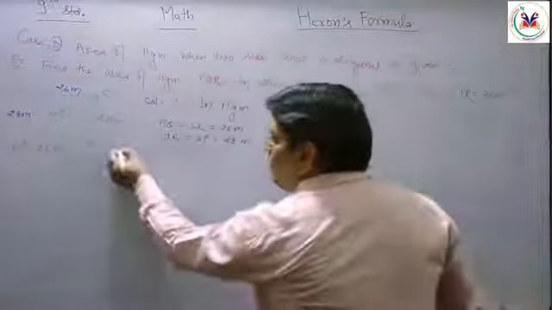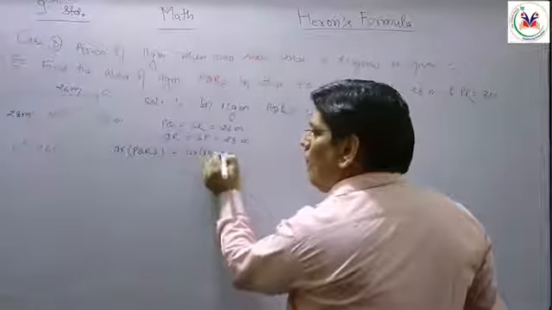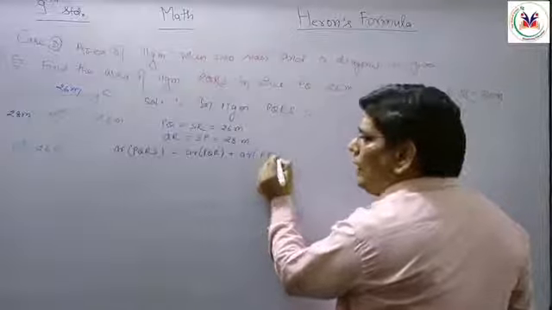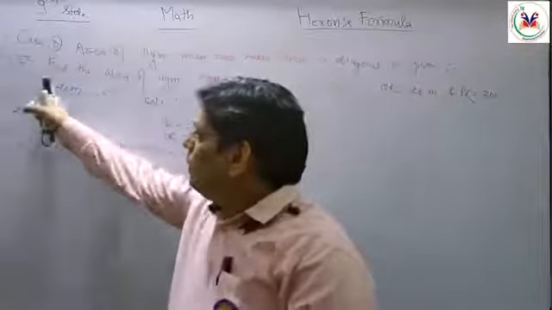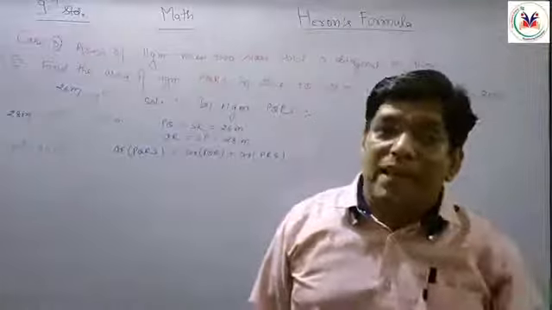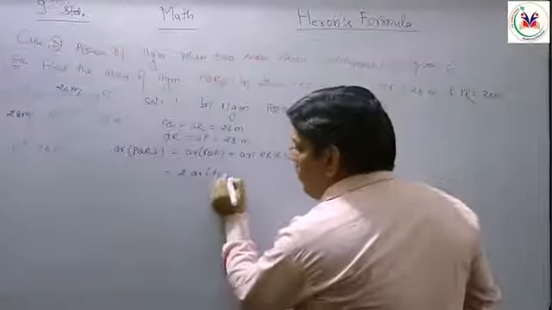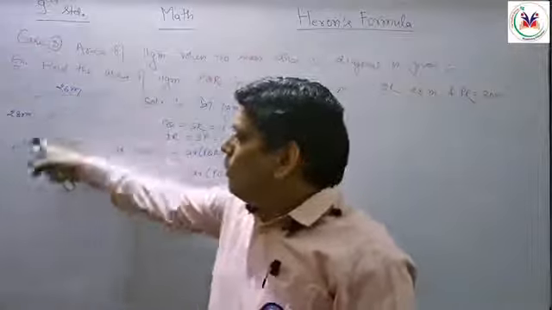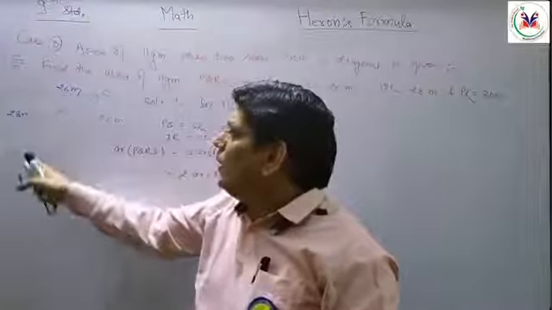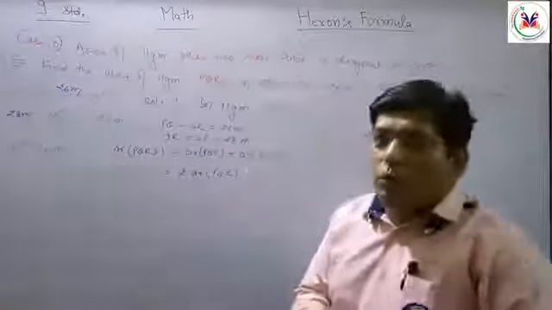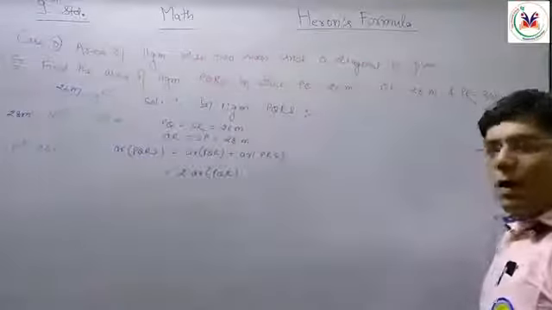Now area of PQRS equals area of PQR plus area of PRS. And if you go through PQR and PRS, don't you think their measurements are 26, 28, 30, 26, 28, 30? Both triangles have the same measurement, so we can say 2 into area of PQR, because the area of PQR will be the same as the area of PRS, as the measurements are the same. So what should we do? Instead of calculating the area twice, we calculate the area a single time and multiply it by 2, so we can get the area of the parallelogram.